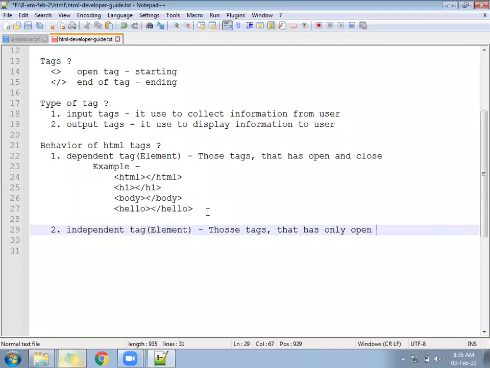You can write here that it is called self-closing. Independent tags are those tags that have only open and are called self-closing, meaning open and close together. For example,